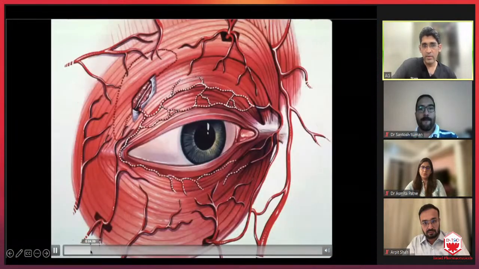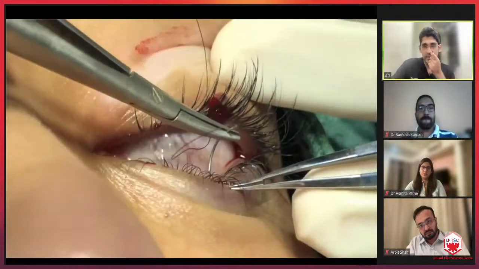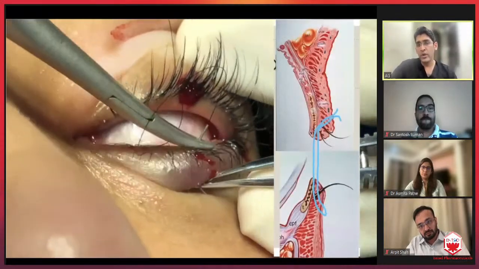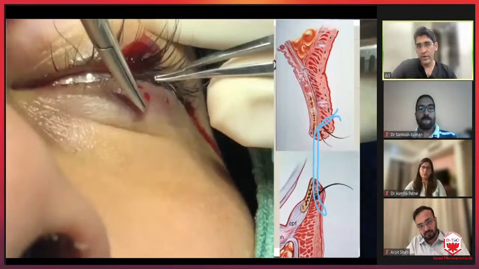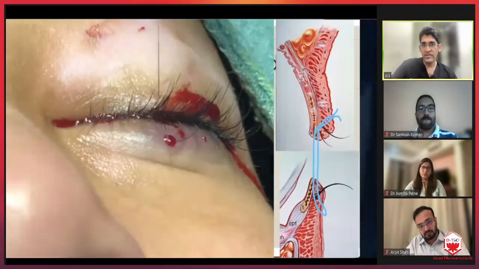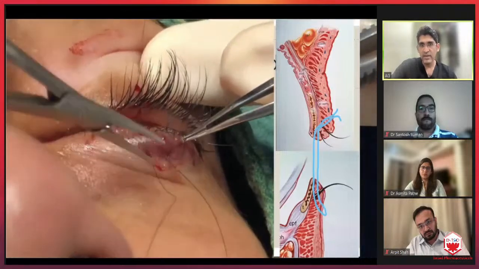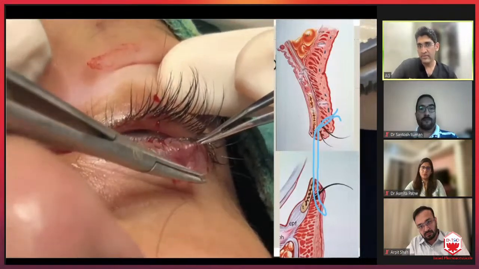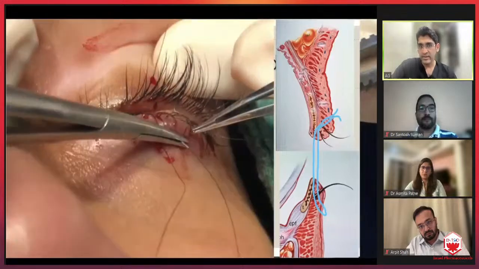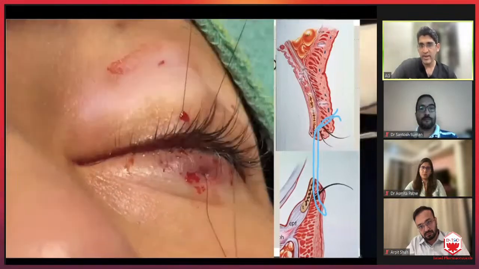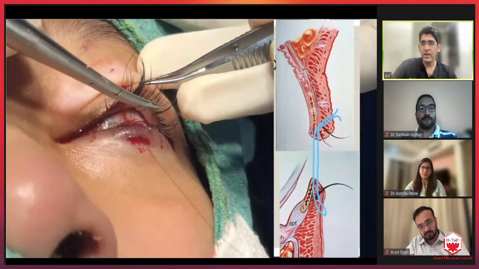Before performing a suture tarsorrhaphy, we should know that the eyelid, especially where we insert the suture, is very vascular. So if it bleeds a little bit, there is nothing to worry. Bleeding is normal. Just a little bit of pressure for 2 minutes. You can see in this case, when I was performing the tarsorrhaphy, the needle has gone through the peripheral arcade, and so it can lead to bruising as well. But just a little bit of pressure at that area for a couple of minutes, and a patch